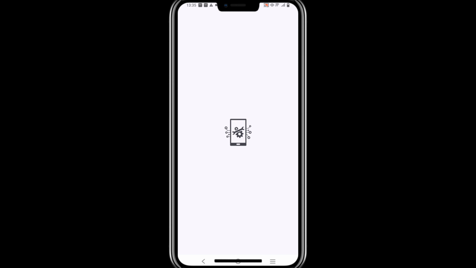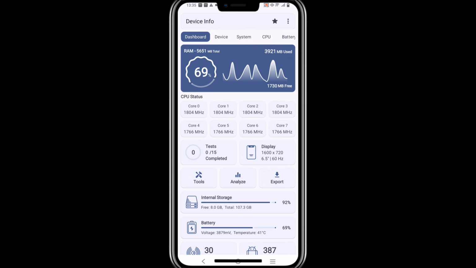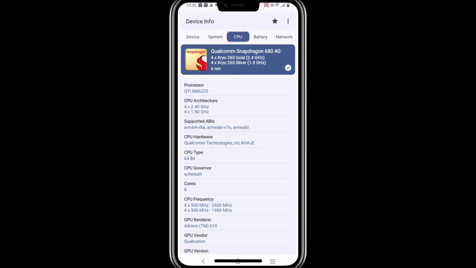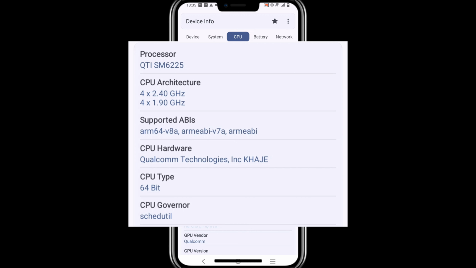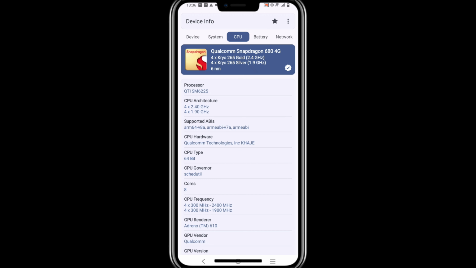Now, the first step is to check which API your device supports. Open the Device Info app. Once it's open, go to the CPU tab. Here, the important part to look at is the supported API types. For example, on my device, it supports ARM64 V8A, ARMEABI V7A, and ARMEABI. If the APK you want to install does not match any of these, then the APK will not be installed